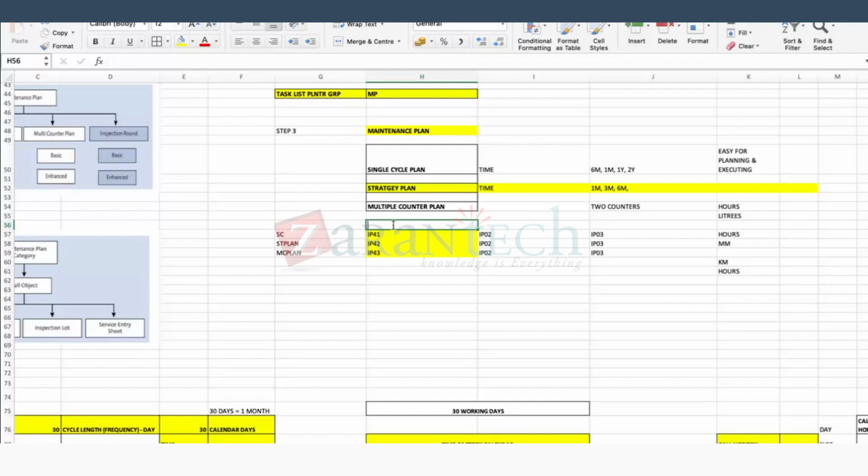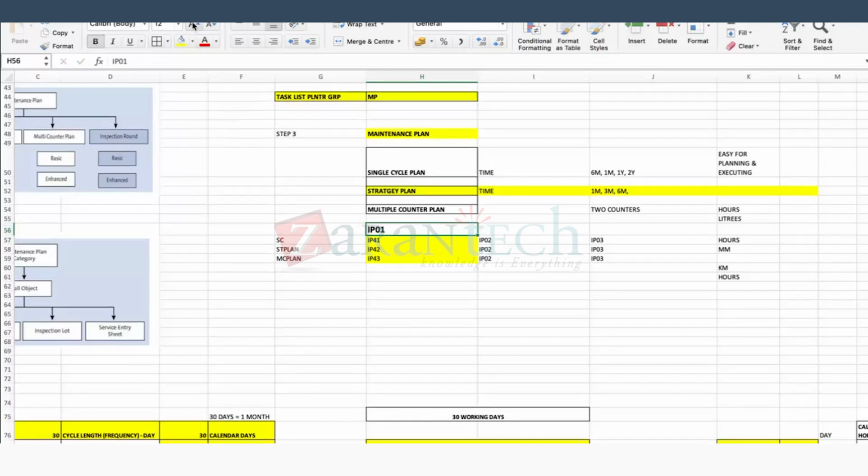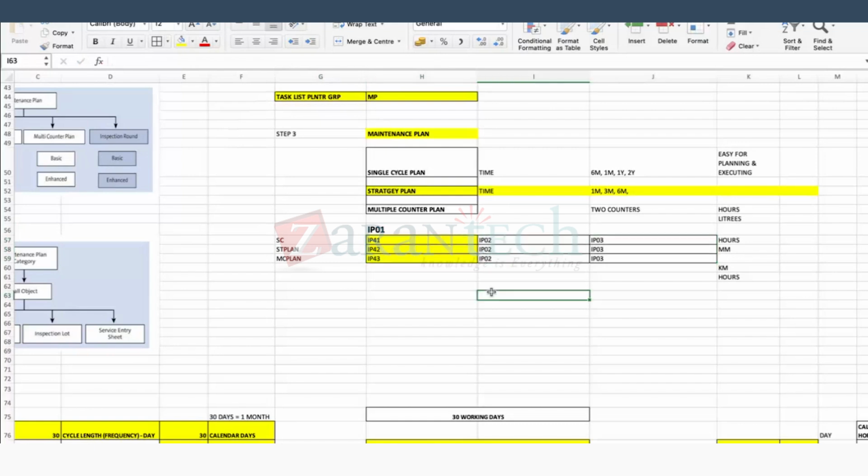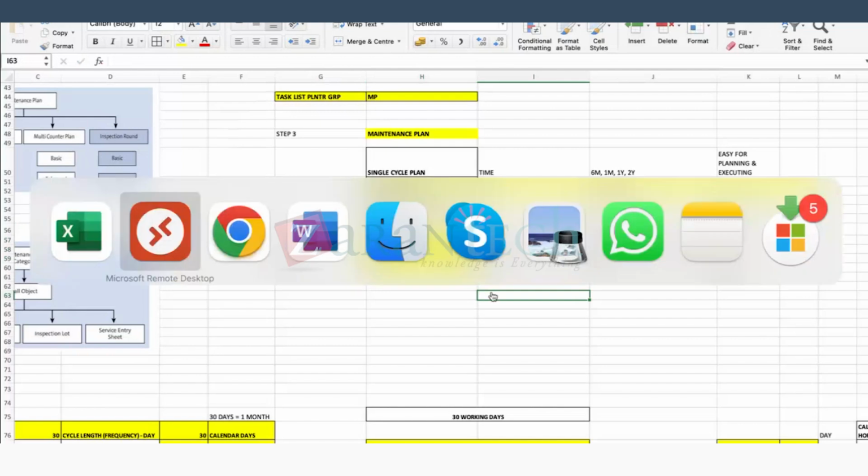The common thing is IP01. Okay, the common is this one. That time you have to choose whether you are going for single cycle strategy or multiple counter plan. But if you go for IP41, 42, 43, specifically you will create those things. Okay, so let me go for